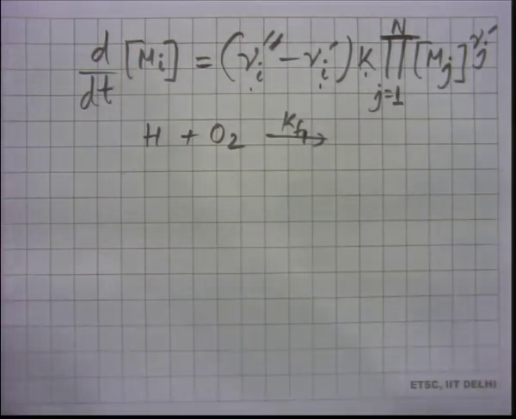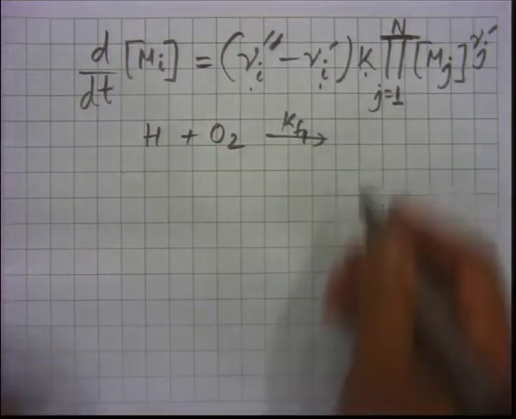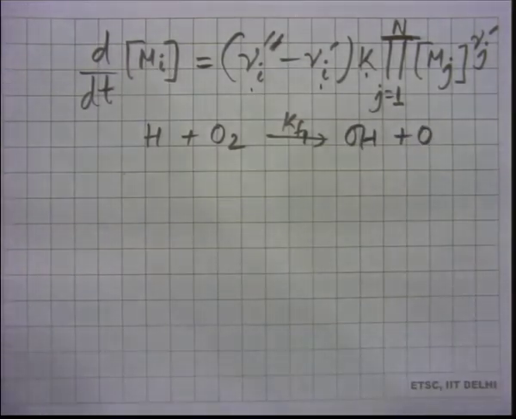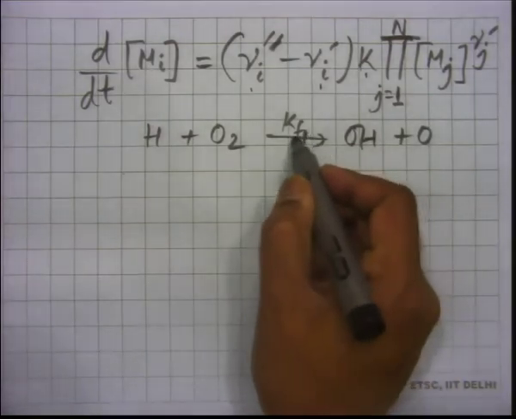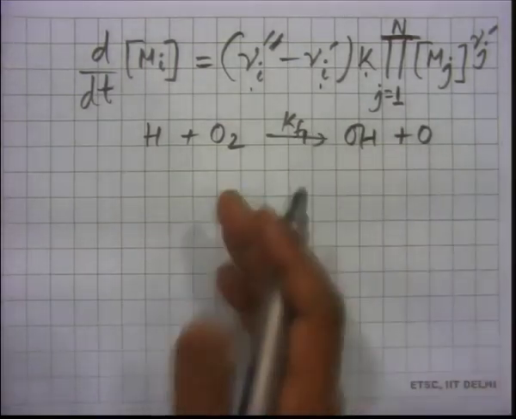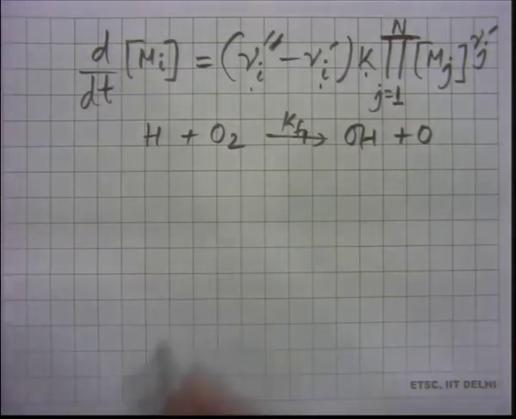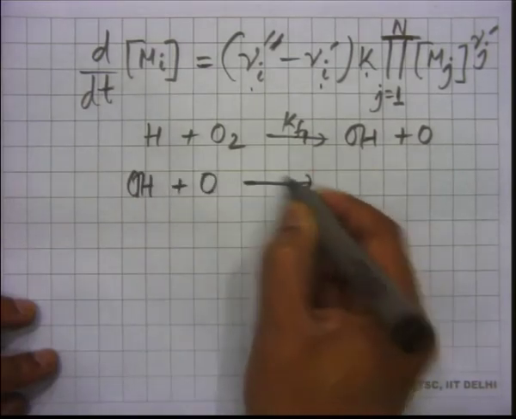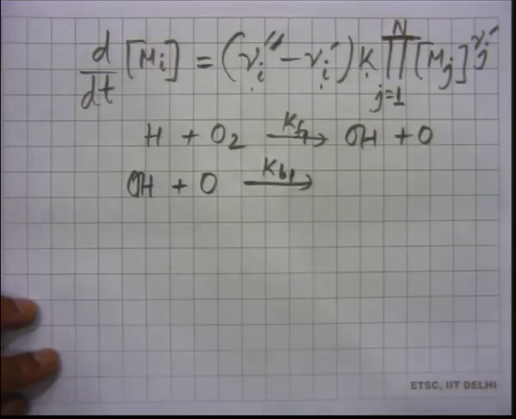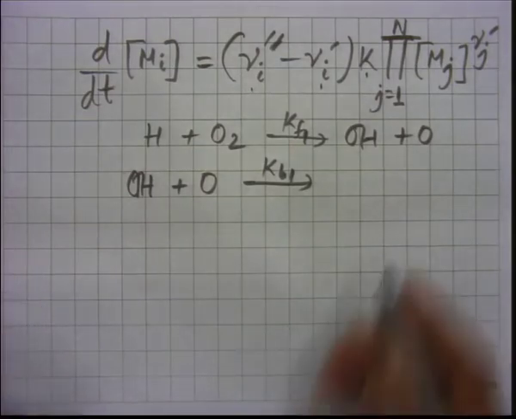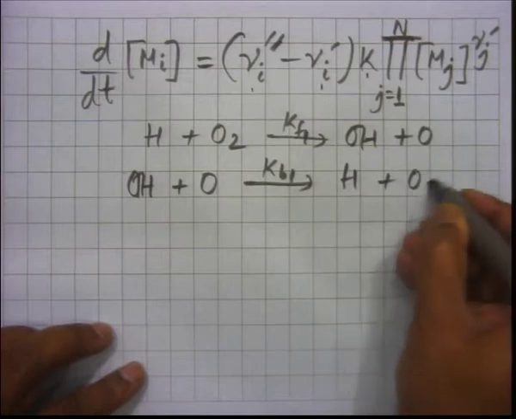All right. So, this is H plus O2 giving you OH plus O, not hard to guess the right hand side, and I call it KF1. KF1 means this is a forward reaction for the first set of reactions that we consider. So, there will be a backward reaction which is OH plus O, and we will write it Kb1, the reaction rate constant, which will give you H plus O2.